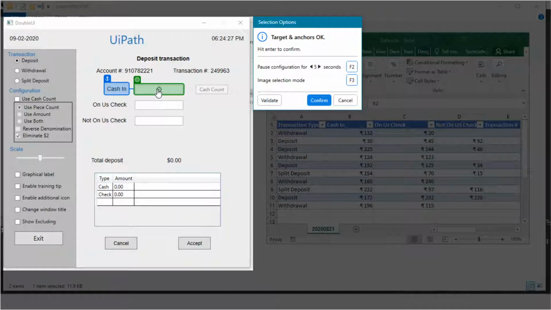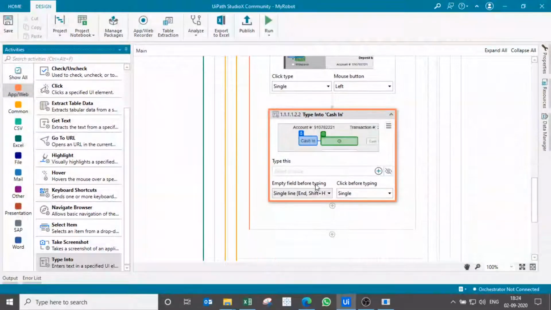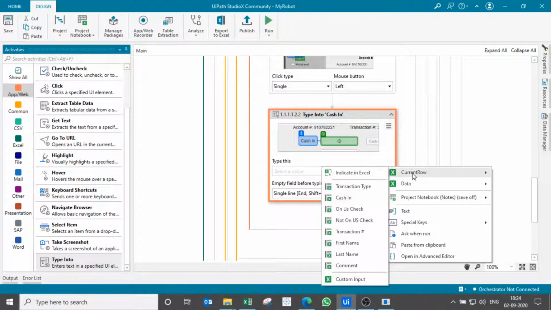Automatically it has marked the anchor by itself, the referential points. So this is good for handling the robot, as it can automatically identify the target. So confirm it, and then the data should be from the current row and from cache in.